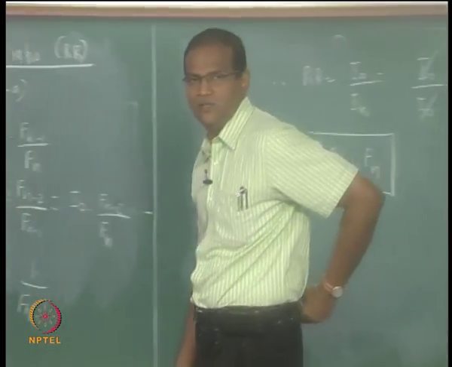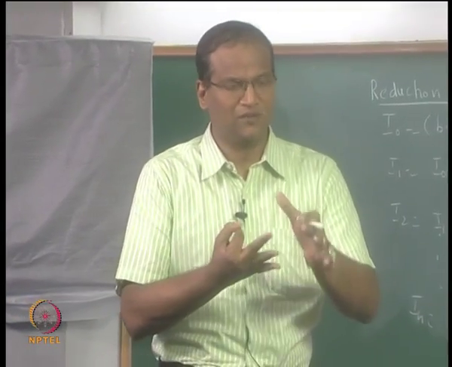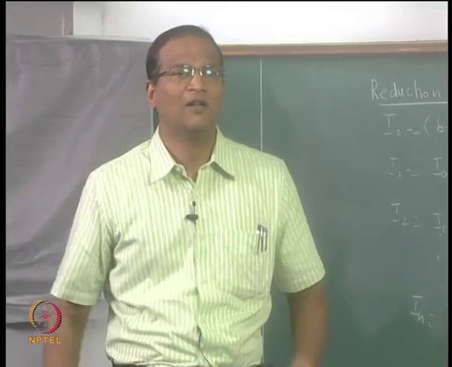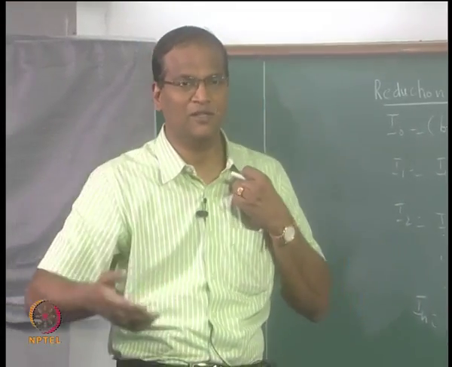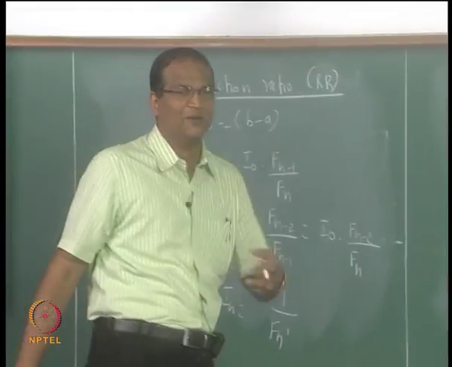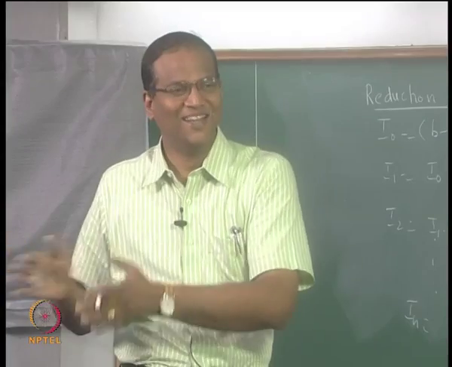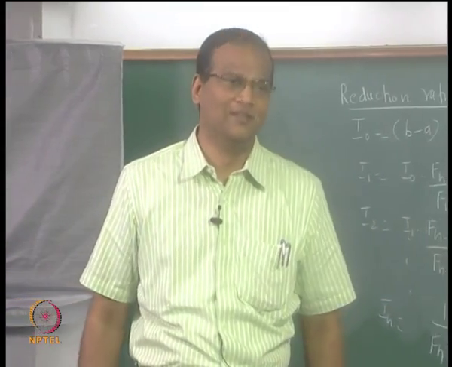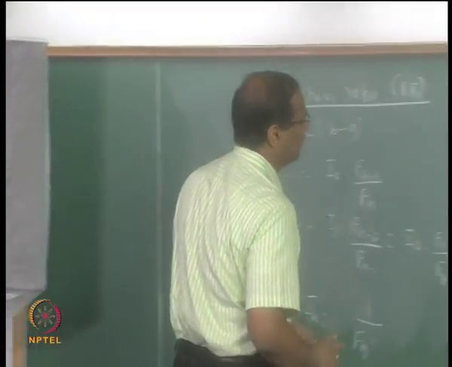This is the way the algorithm works, and you can compare now. I have given you 3 algorithms: exhaustive search, dichotomous search and Fibonacci search. For a good number n equal to 14 or 16, you can see that the Fibonacci will just whiz past all the others. What is the 16th Fibonacci number? Some crazy number. The exhaustive search will finally reduce the interval to 1/8 of the original interval.